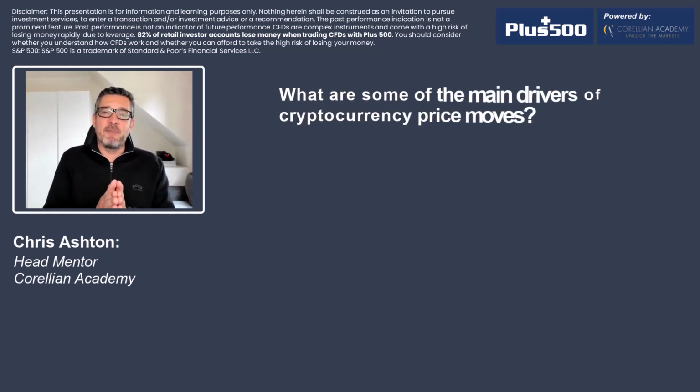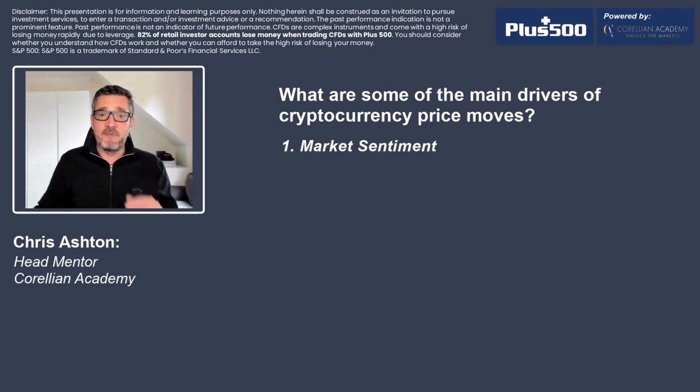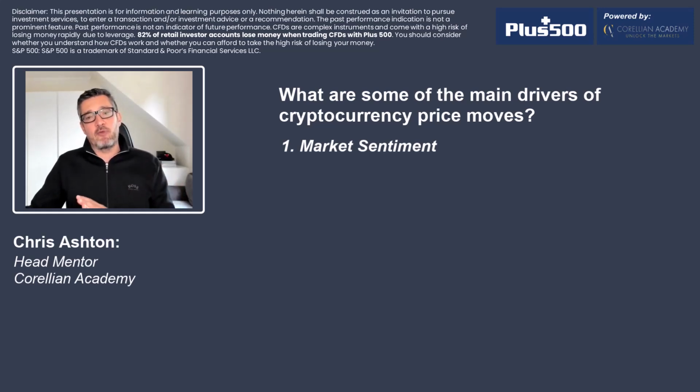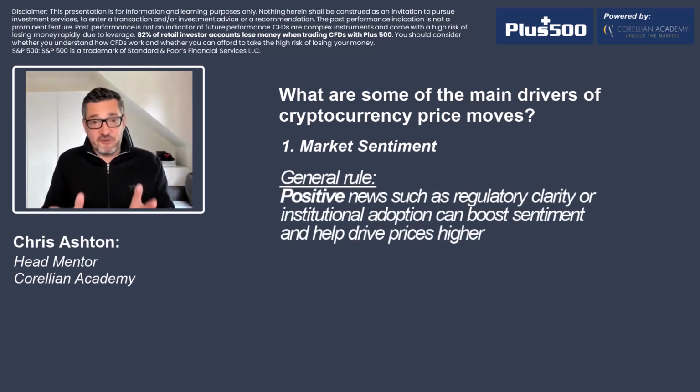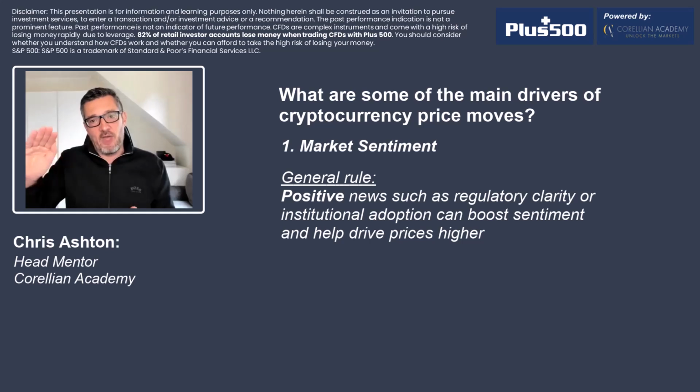Okay, so let's look at some of the main drivers of price moves for these cryptocurrencies. These can broadly be grouped into 4 general categories. The first is market sentiment. This plays a significant role in cryptocurrency price movements. Positive news, such as regulatory clarity or institutional adoption, can boost sentiment and help to drive prices higher, which is